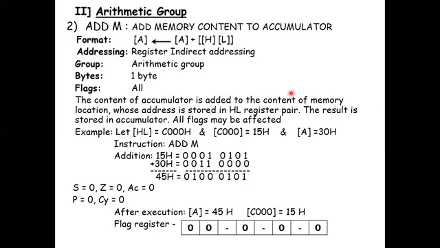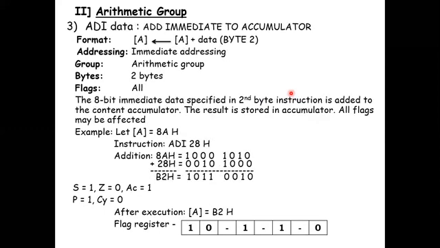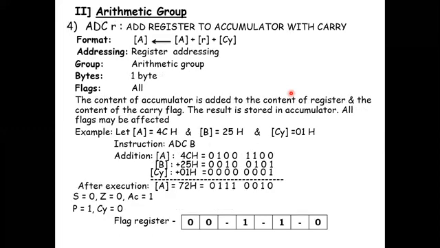Same addition with the memory, addition with the immediate data. Okay, so addition with the carry. Addition with the carry means the previous carry you are going to add. So if previous carry value CY is equal to 1, then they are adding A plus B plus carry. So output is loaded into the accumulator. This is the concept. Okay, here ADC R they are giving. So R means some register, that means content of A and content of R and content of CY, either 0 or 1. So the 3 are added and output is loaded to the accumulator.